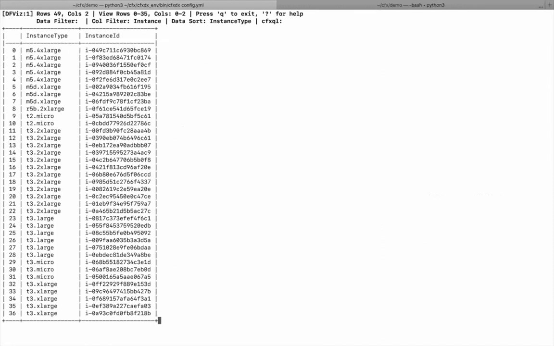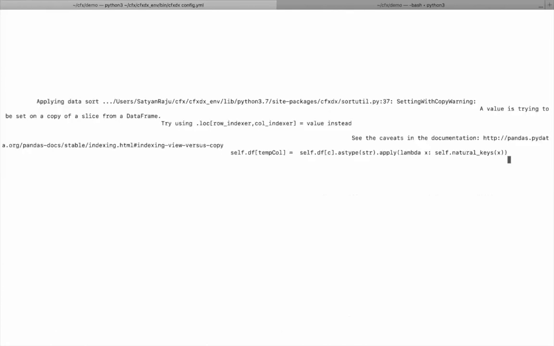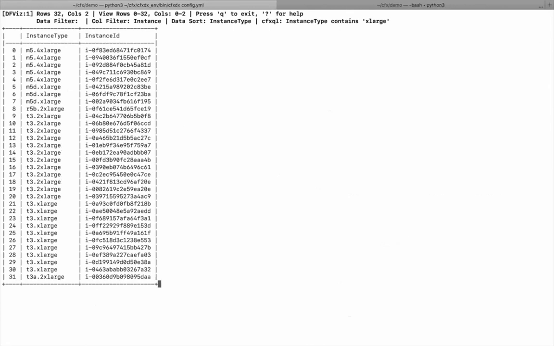So I can now do that filtering by pressing, and this is our CFX query prompt. I'm going to introduce you to CFX query in a bit from a command line as well. But here I can say something like this. It can be any column, but in this particular case, I can say instance type contains "xlarge", and you can see all micro instances have disappeared, and you can see all extra large